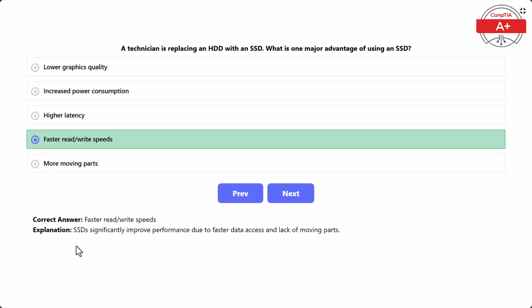read-write speeds, as SSDs significantly improve performance due to faster data access and lack of moving parts. SSDs are pretty much chips, where information is stored on chip rather than on disk as it is with hard disk